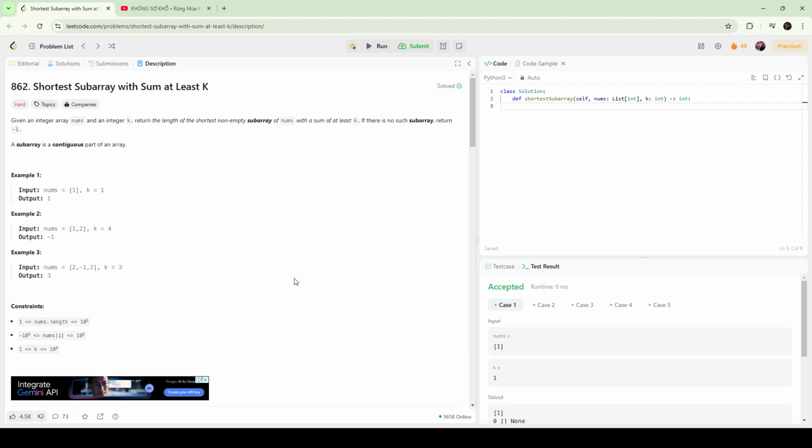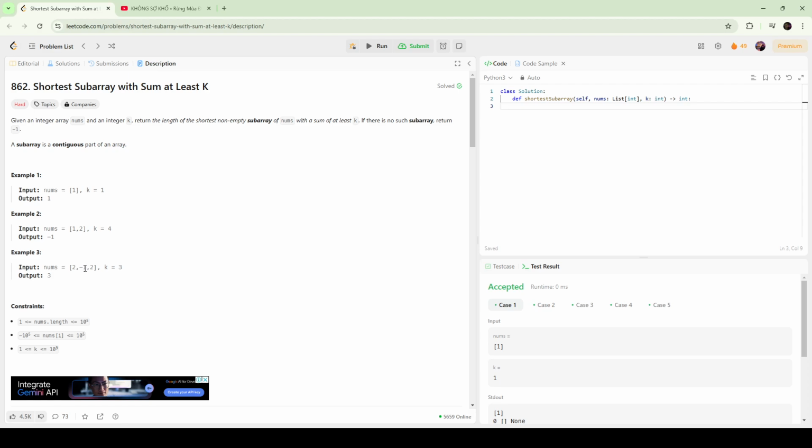For example, this 2 can be an ending point, and then we will start looking at all of the prefix sums before it. What is the minimum prefix sum that appears before this 2,